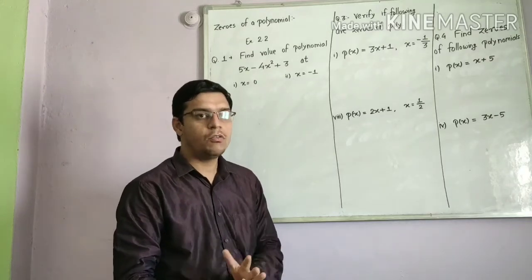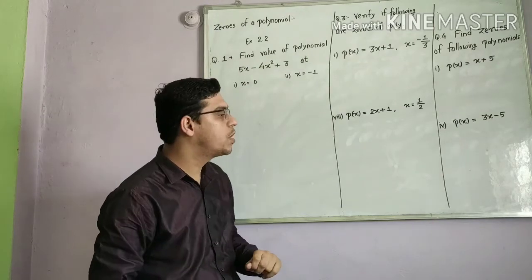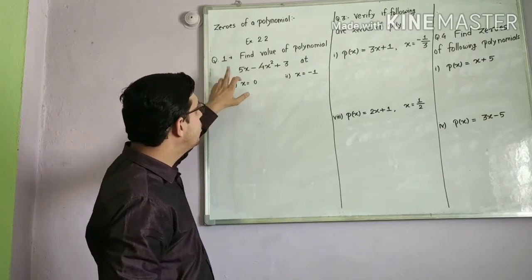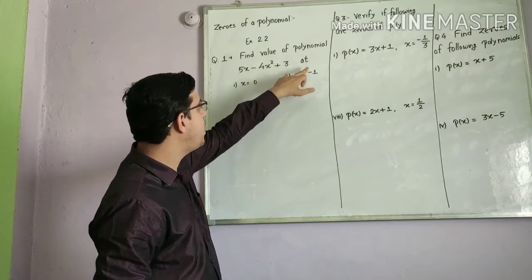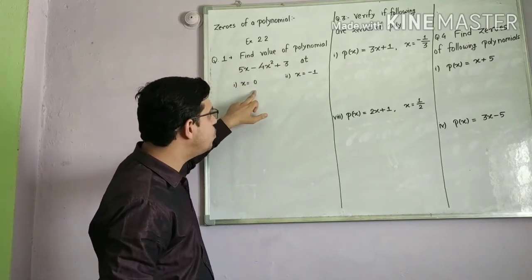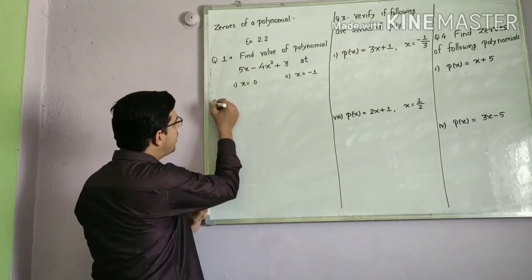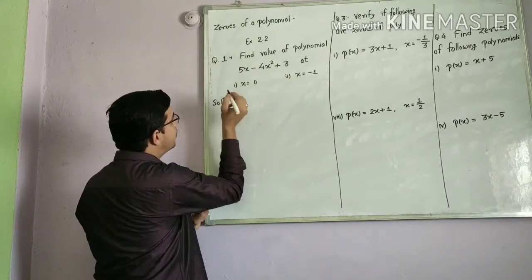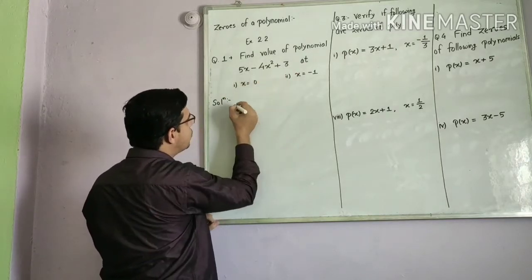Welcome students. Now we are going to start exercise 2.2. Our first question is: find the value of the polynomial at first x equal to 0, second x equal to minus 1. So our solution will be like this. Whatever polynomial is given, here the variable is x. So we will write